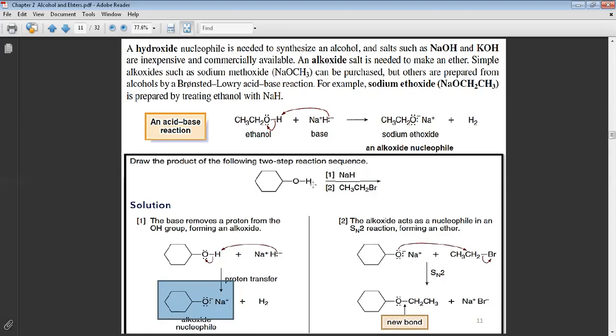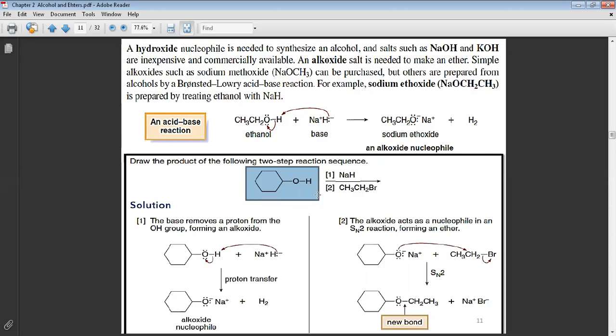Now the nucleophile, look, step number 2: the nucleophile will attack the CH3CH2Br, the ethyl bromide. It will give you an ether. This minus will attack this carbon and Br will be removed to give you the ether. That means if I told you to prepare this ether from this alcohol by using any necessary reagent,